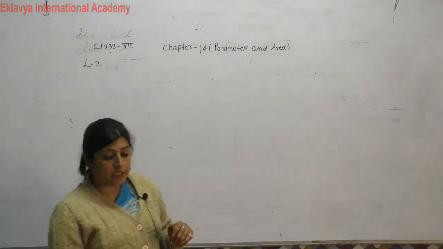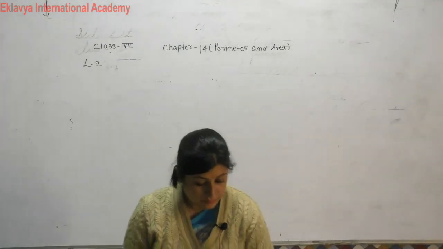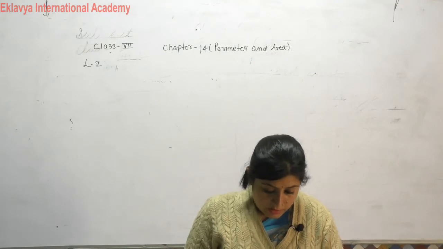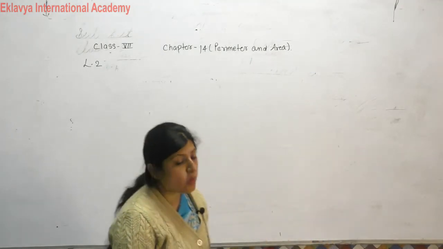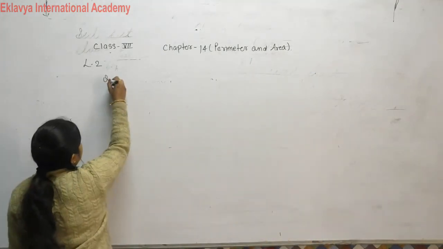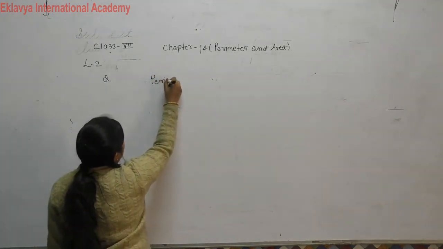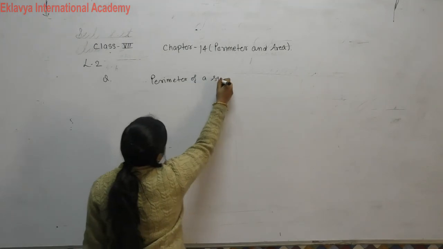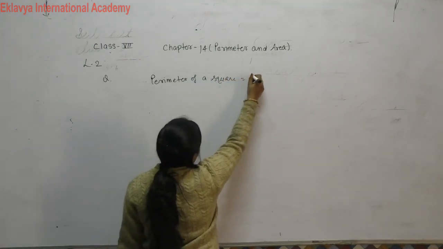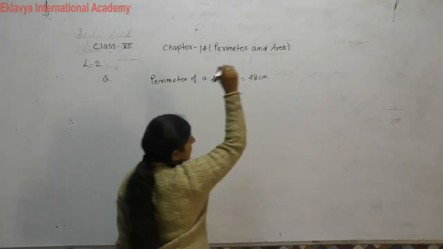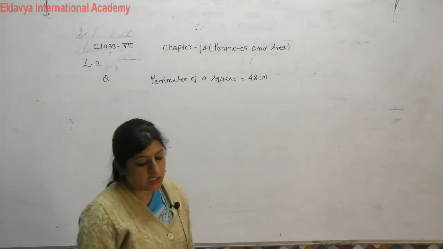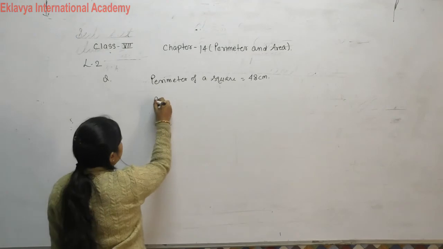Now see the MCQs. Question number 11. The perimeter of a square is 48 centimeter. हमें क्या given है? Perimeter of a square is equal to 48 centimeter. The area of a rectangle